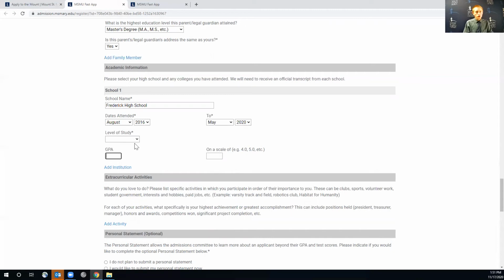Level of study is really important. That's the next question here. This is how later on you'll see your application checklist. We assign it as a high school or a college based on what you select here. So you want to select high school if it's a high school. If this was a dual enrollment school, so if you were taking classes through a community college or through a local college, even though you're in high school technically taking those classes, you'll want to select college, or sorry, undergraduate